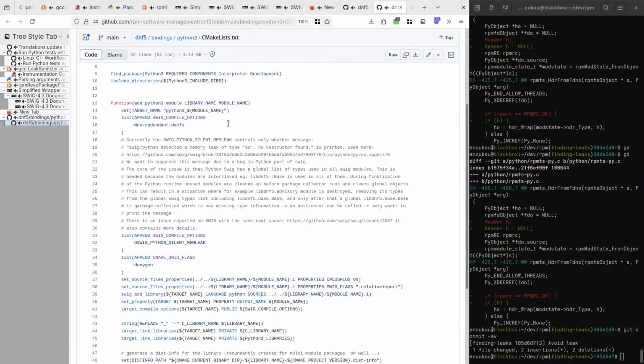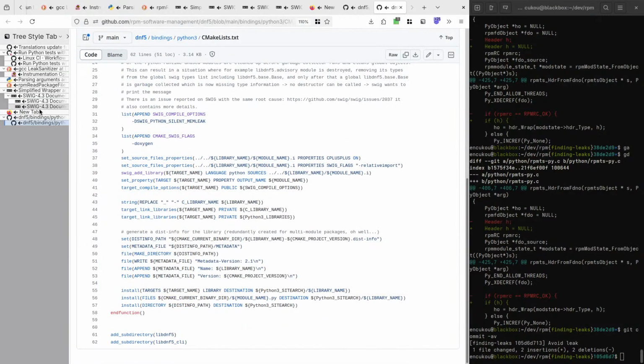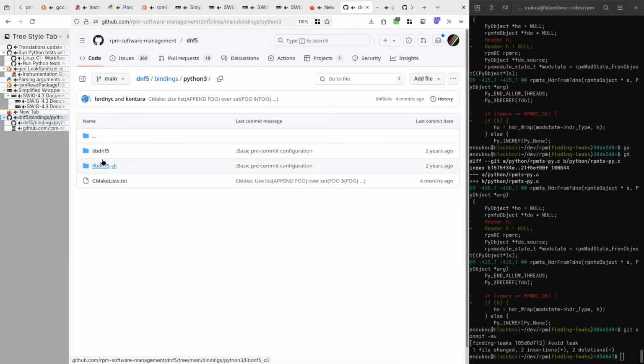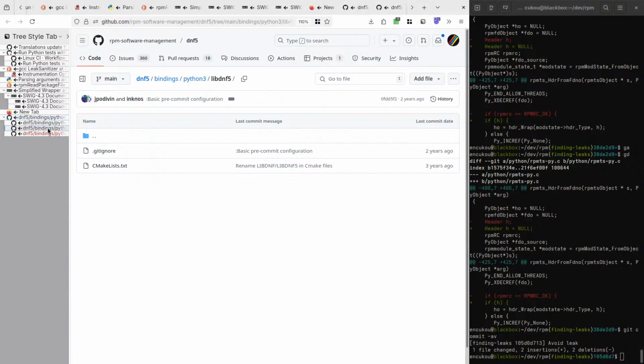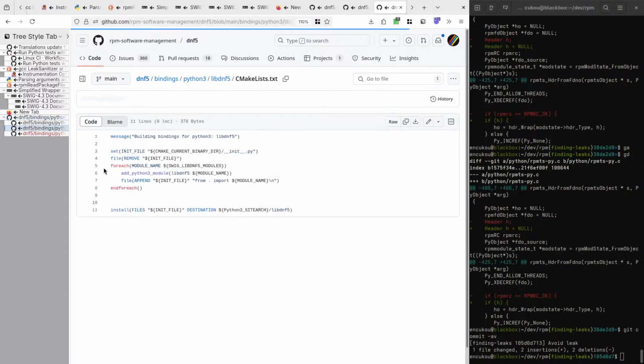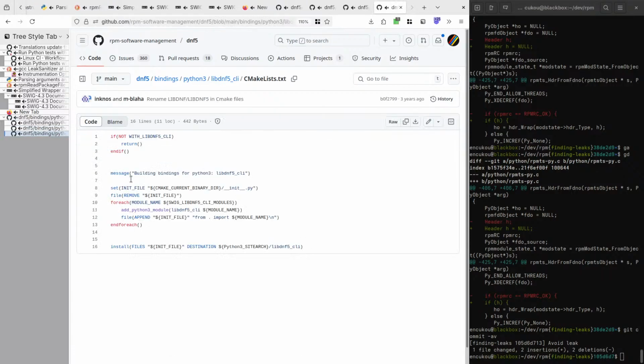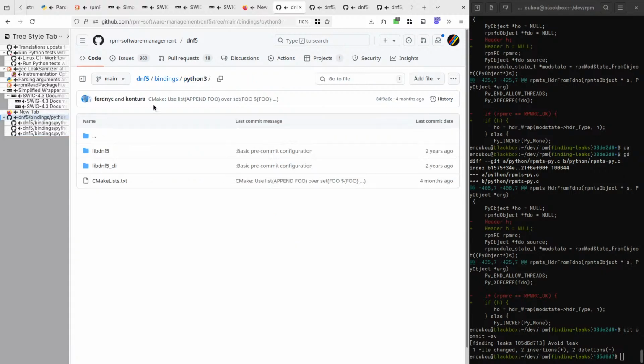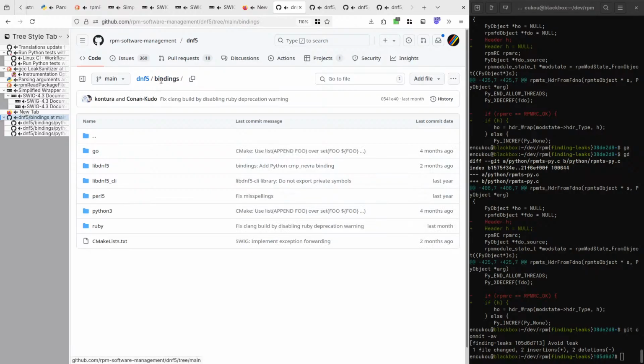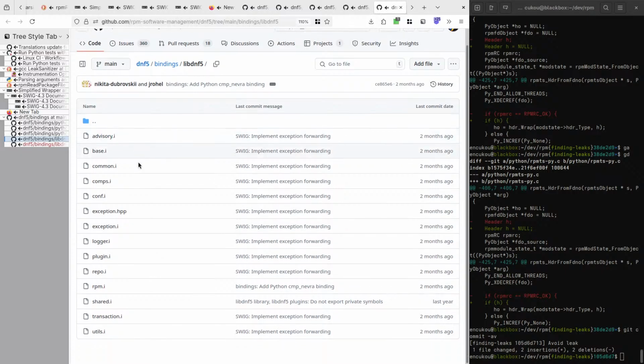Okay. It has libdnf5 and libdnf5 CLI. Yes, both containing some sweet CMake magic. Okay. So is that here? I files.